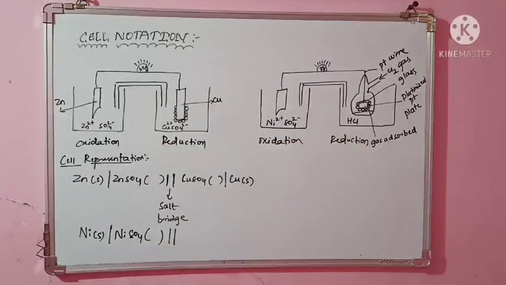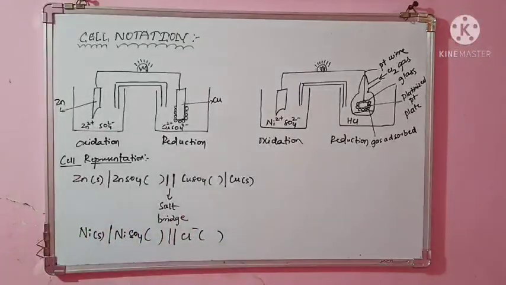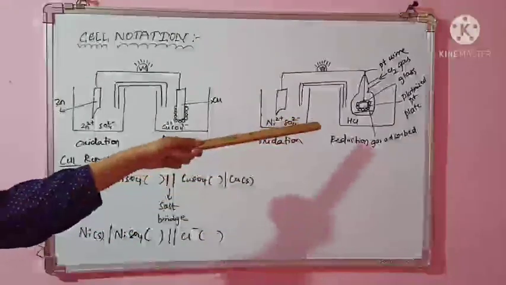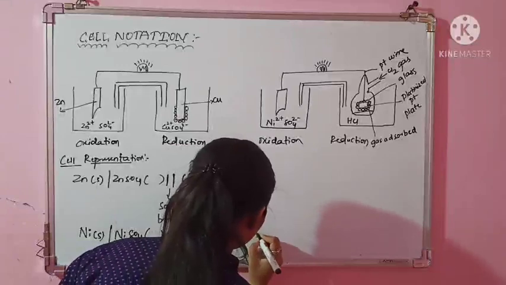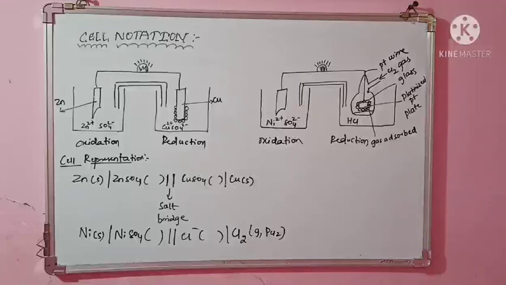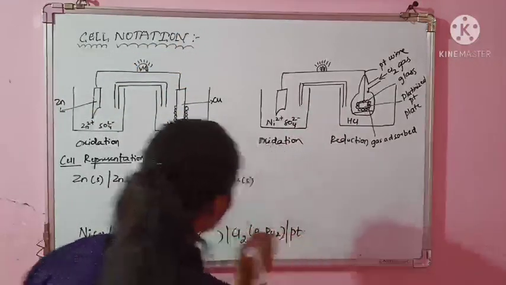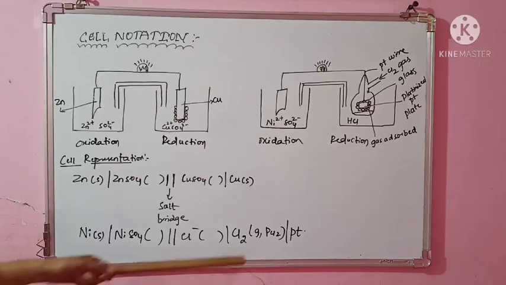Cl minus ions. Yes or no? Cl minus ions are there from HCl. So it will have a certain concentration. Write that in brackets. And then that is in contact with which gas? That is in contact with chlorine, and that is a gas, you know. If it is a gas, it will have a certain pressure, that also you know. Yes, PCl2, that is the pressure of chlorine gas. And then lastly, that is in contact with which solid metal? That is platinum. You should not forget to write that platinum. Clear? Because in a gas electrode, along with the chlorine gas, we also use platinum. And also very important is that pressure should be mentioned.